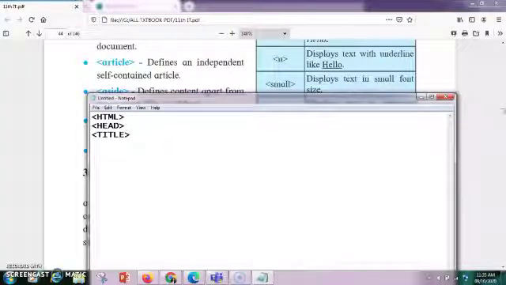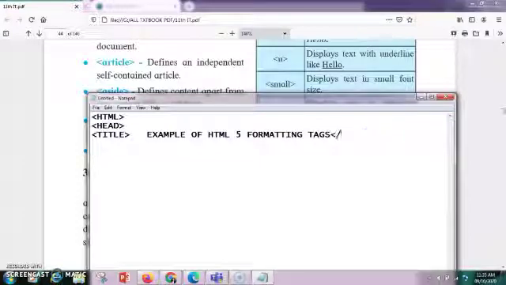We'll be giving a title like Example of HTML5 Formatting Tags. This is the title which we will be giving, and it will be displayed on the title bar. After that we'll end the title.